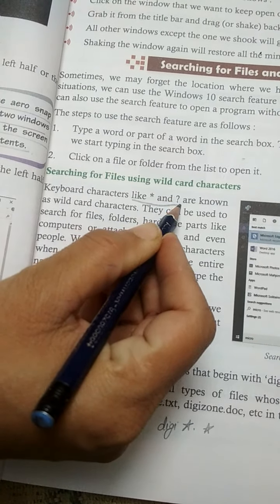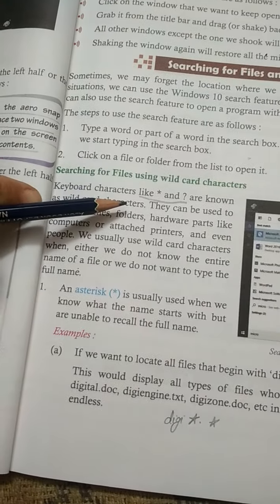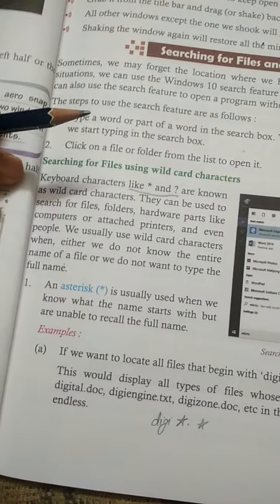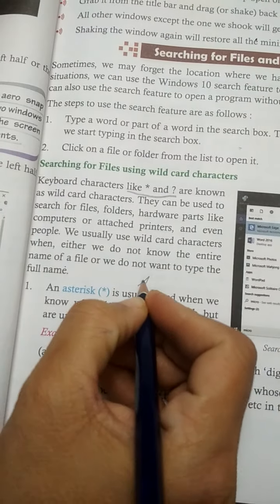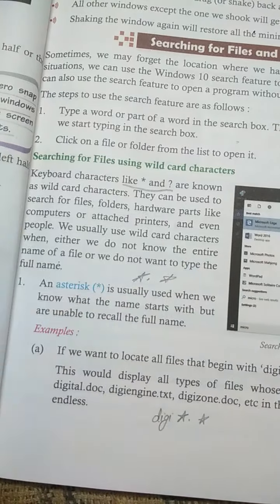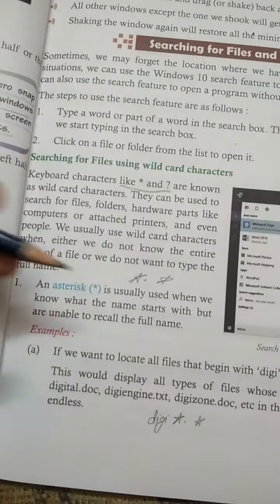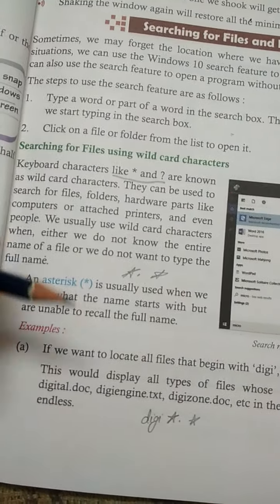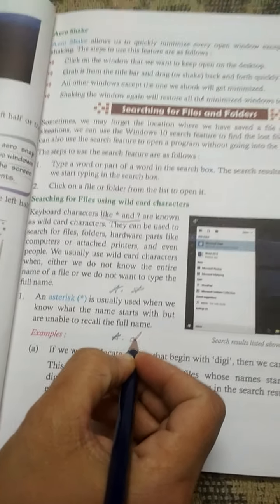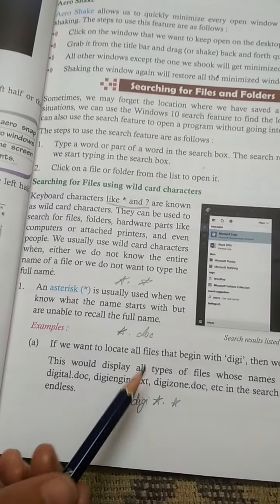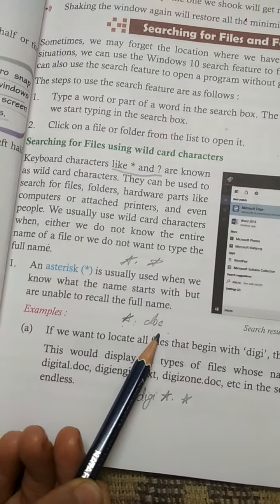If we forgot our file or folder name, we use special characters: the asterisk sign and the question mark. The asterisk sign is used to search for any characters. If we don't remember our file name or its extension, we just type asterisk dot asterisk, and Windows shows all types of files. If we know the extension, such as document type, we type asterisk dot doc.